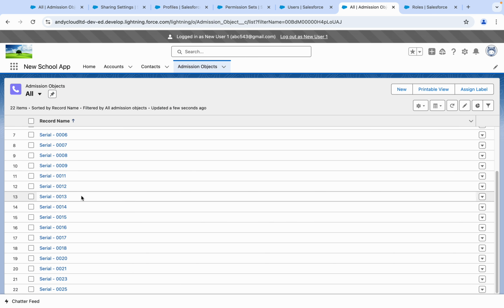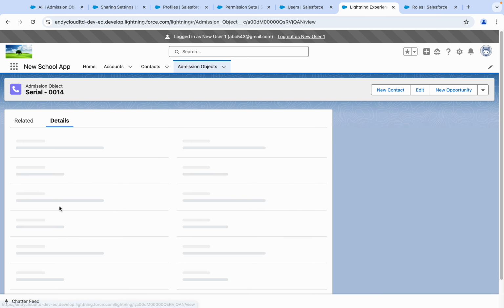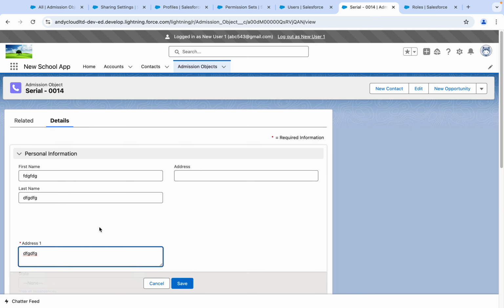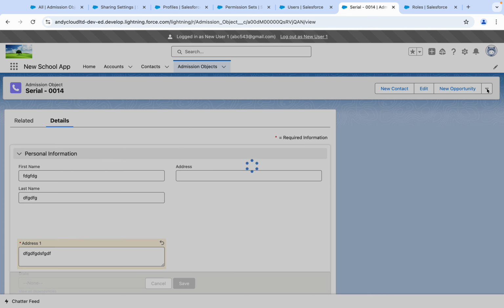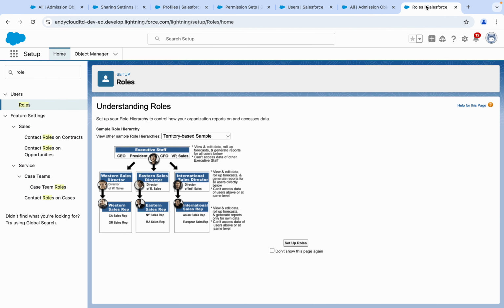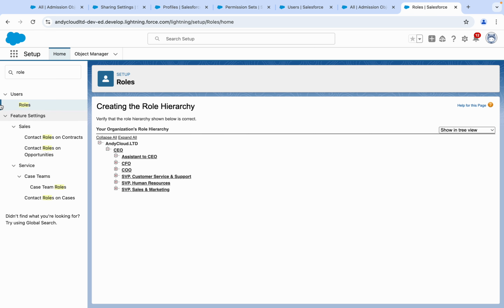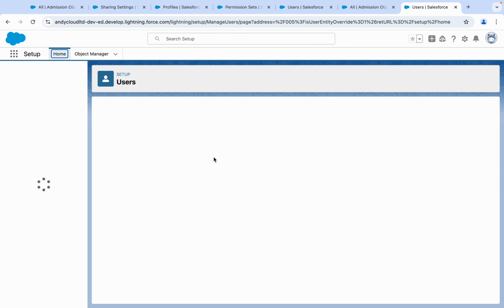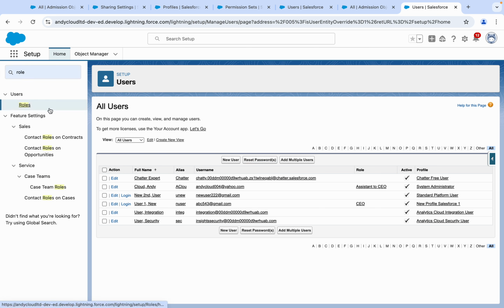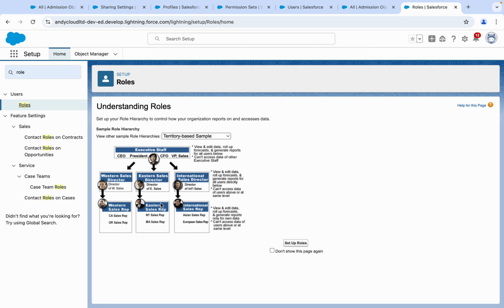Now this user has all the access because this user is a CEO. So this user can edit also, can delete, can do anything, because he is senior. This user is senior, so that user can do anything. So the senior can see all the details, all the access of the junior, as given here in the chart. See the chart given.